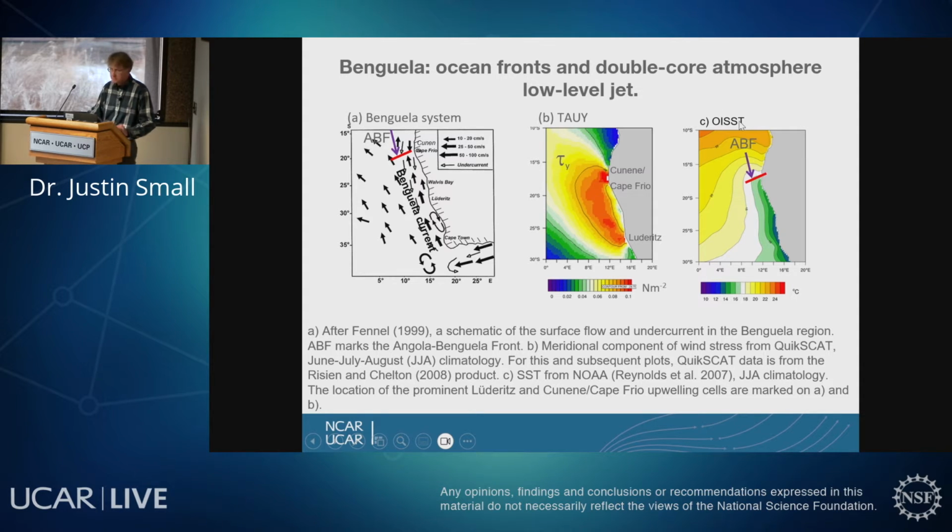And if you look at the sea surface temperature, you can see the cold water. This is the upwelled water along the coast associated with the Benguela current and the upwelling. And the front is here between cold water to the south and this warmer water further north, the Angola-Benguela front. It moves north and south. It's not always fixed like this bar shows, but it's always there with some variability. And it's hard to simulate the position of the front.